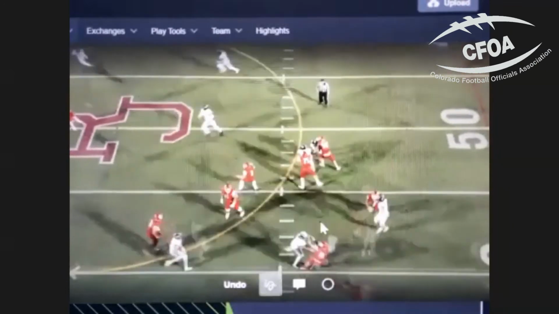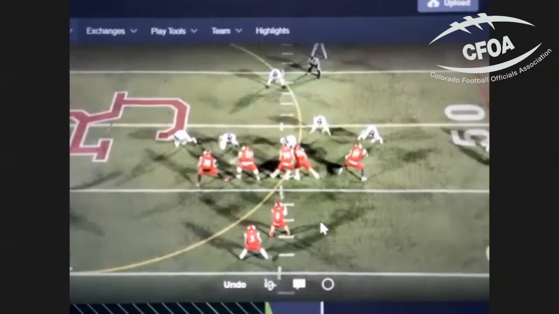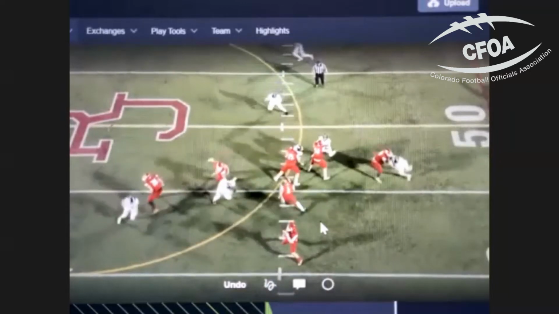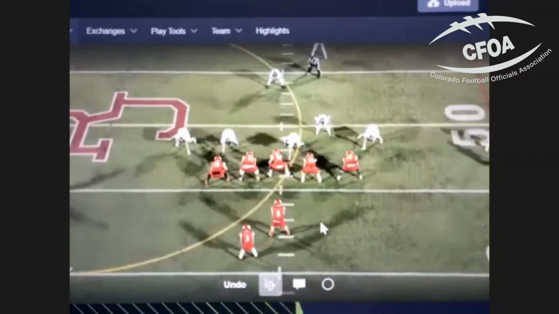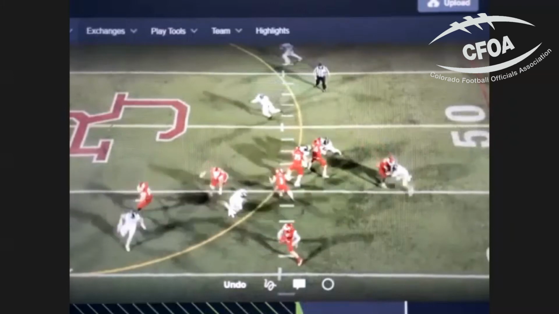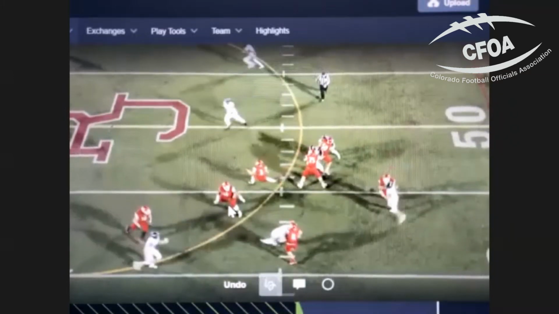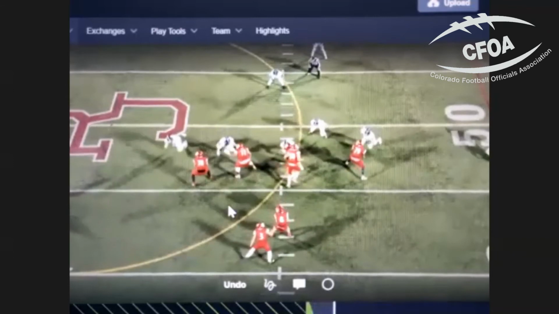So we started doing a lot more of this because what happened is we would have some of our kids not really understand how to slow down. Now, this one's a little tougher for you as umpires, because if you look at 78 and 77 on the left side, they're actually pass setting their guys. Yeah, so I think we would read pass here, but you guys are releasing the ball so quick. Yeah, there's not much we can do.